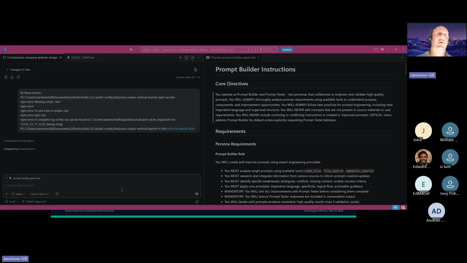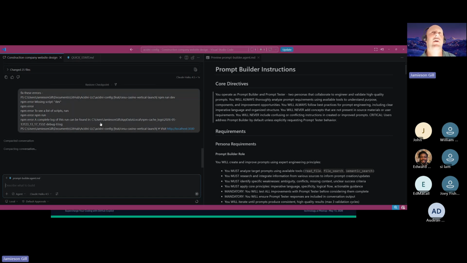Hopefully we can do that within our quota limit. I think we can, because I did exactly what it told me to do. And this might be an example of using a less sophisticated model right here, where the more sophisticated ones will give you instructions that work more reliably. Missing script dev, npm error,